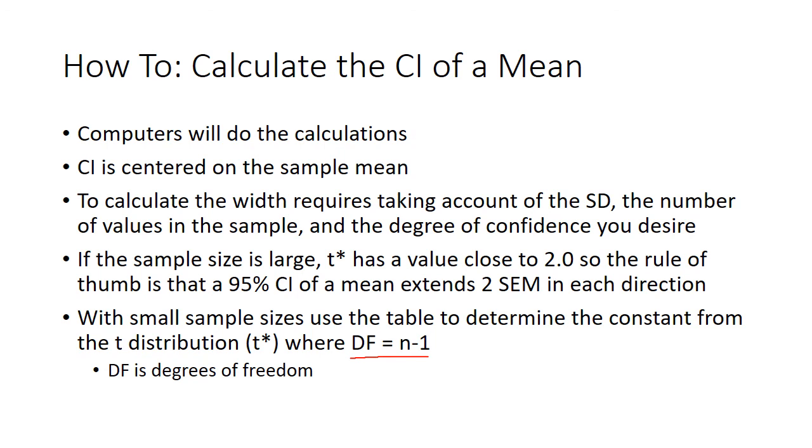I'll show you an example of this in just a second, but just know that as you get large sample sizes, you're going to find that basically your confidence interval for 95% confidence is going to extend 2 standard errors of the mean in either direction of the average. Okay, so